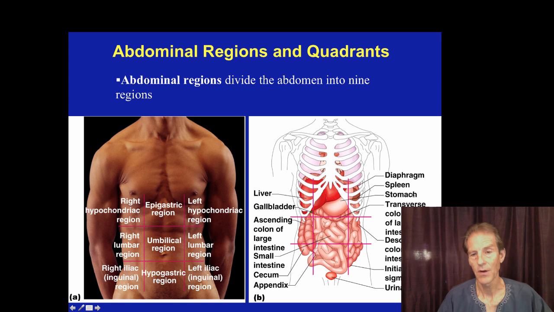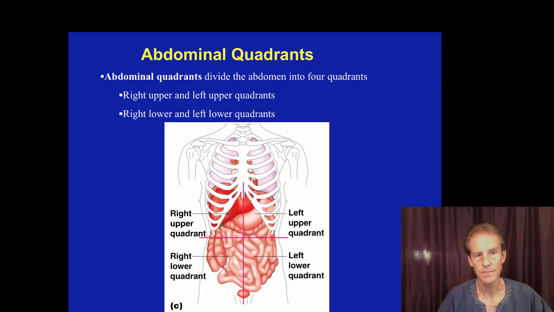And you can see on the right here, we can see all of the different organs and how they're piled one on top of the other. As we learn the systems, we'll separate them out so we can see how they flow and how they move. The abdominal quadrants are divided into 4 parts: right upper, right lower, left lower.